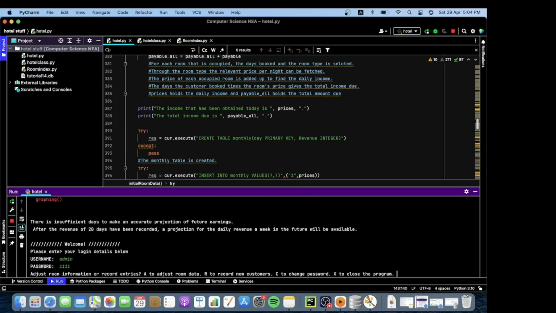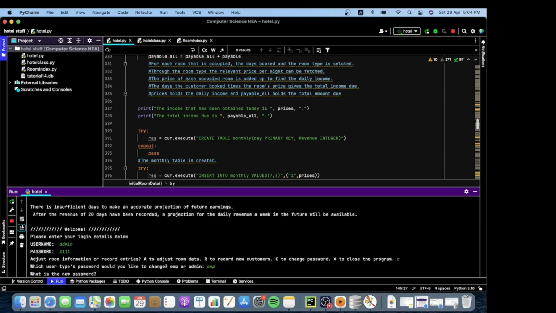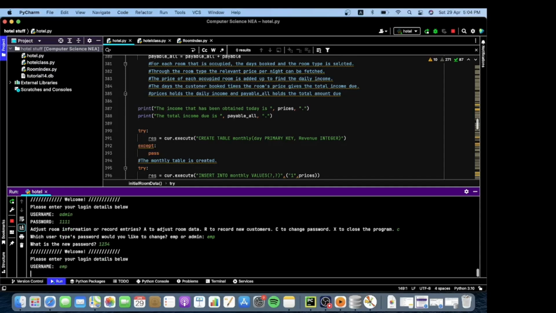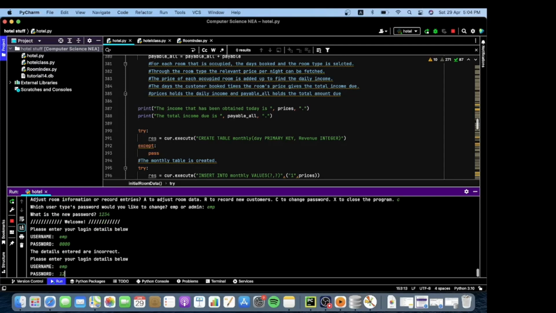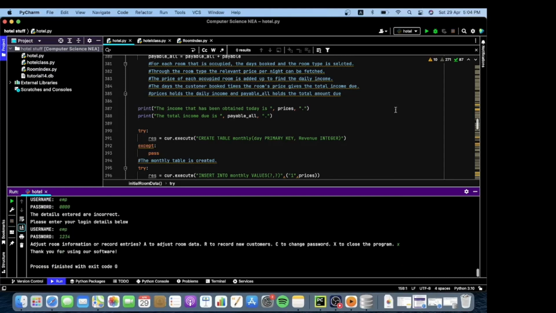Let's check the C to change passwords. We'll try to change the employee password, and the new password is 1234 instead of 0000. We can test it out here, and as you can see, it doesn't work. Let's try the new password, and it works. We'll close the program and try again,